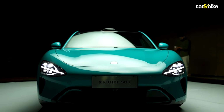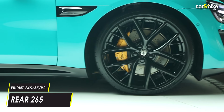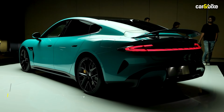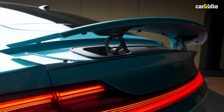The SU7 definitely looks premium. The front features teardrop headlights with a complex LED unit, muscular front wheel arches with 21-inch wheels, a sloping silhouette with a wide halo tail lamp design on the rear hatch. There are complex movable aero bits such as active air intakes in the front bumper and an electronically operated rear wing